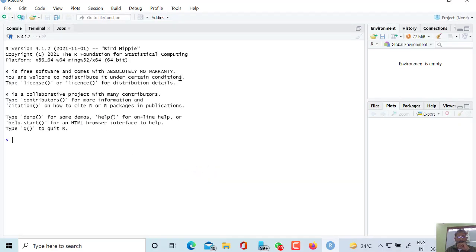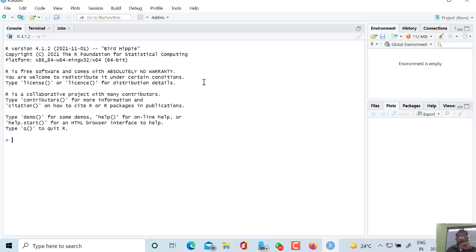In this R Studio, you can see there are three windows here. The first one is the environment window. Here all the variables being used in your R programming will be displayed.